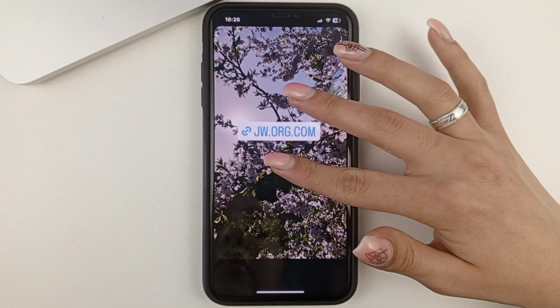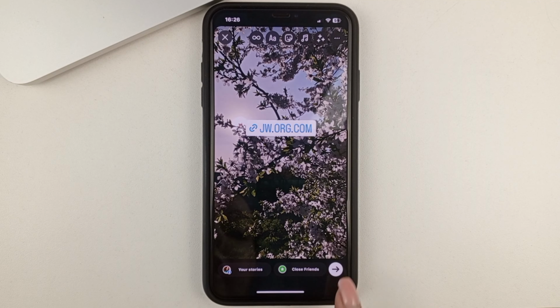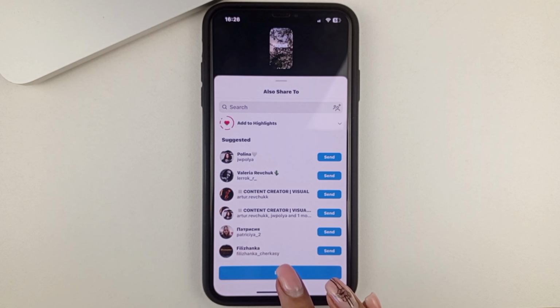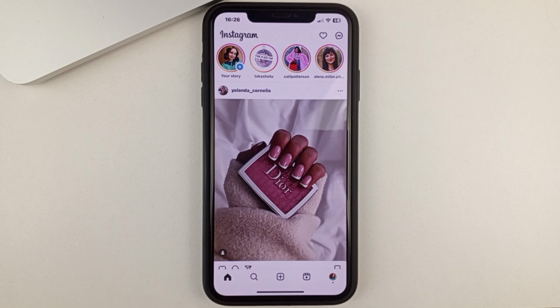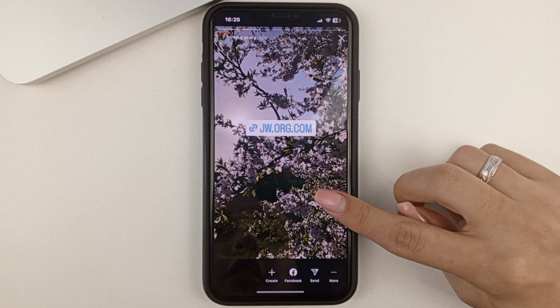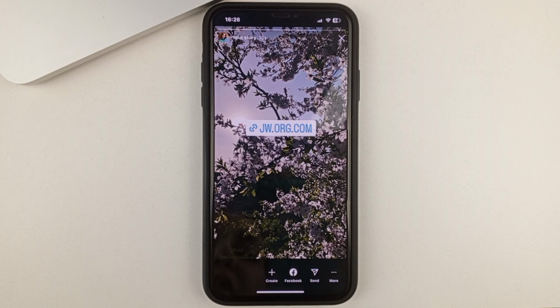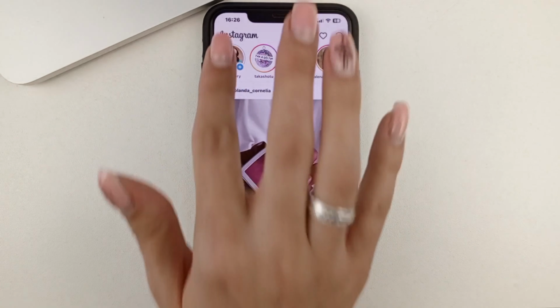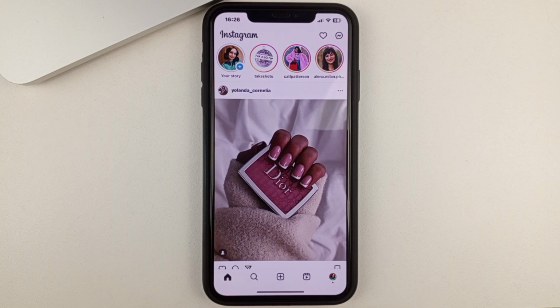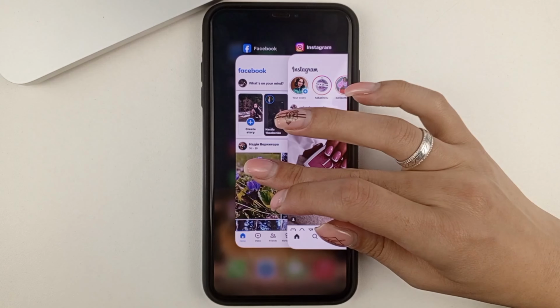And in order to post it to your story on Instagram, you just click Next. You confirm the action. And in literally a couple of seconds, the story is already on your Instagram. To add it to Facebook, you click on the story, and then you select Facebook at the bottom. And automatically the story will be added to your Facebook page, which is linked to Instagram.